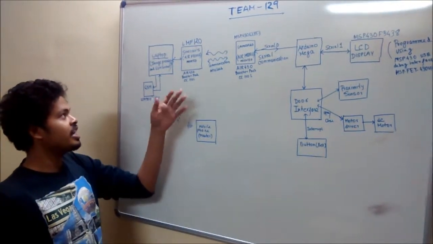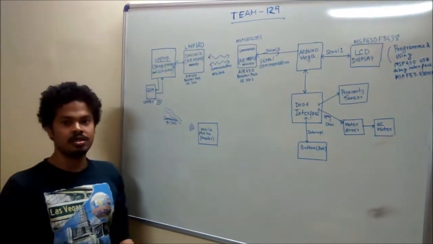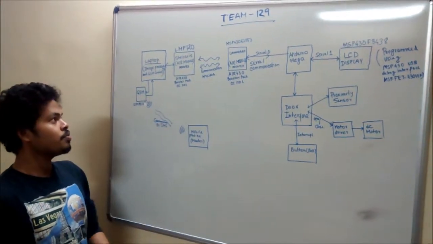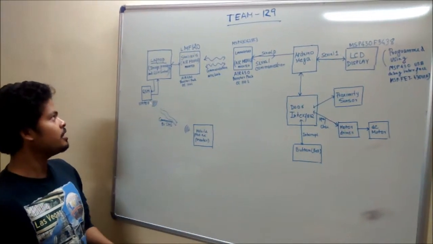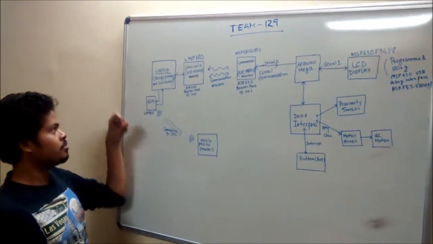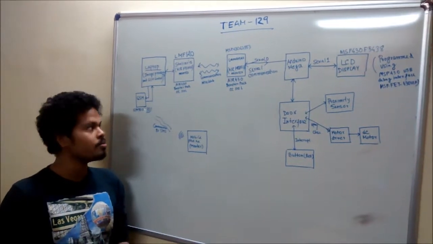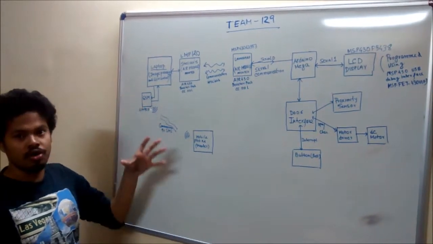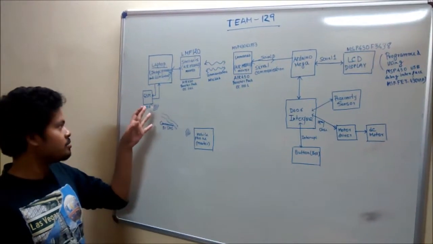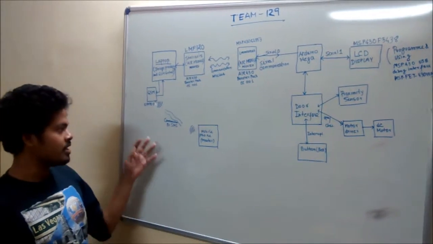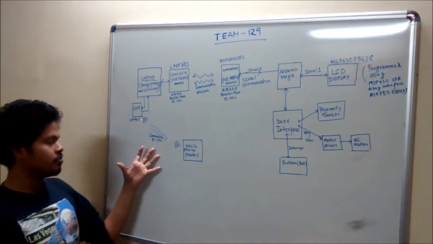Here we are using the Stellaris LM4F120 on which an RF module, the CC110L BoosterPack, is mounted for communicating wirelessly with our door locking system. In the laptop, the image processing is done by the Haar cascade library and the OpenCV library, and we are using the .NET framework for communicating with the GSM SIM900 module. Through the GSM SIM900 module, using AT commands, we are sending SMS to the master and retrieving the decisions from the master.